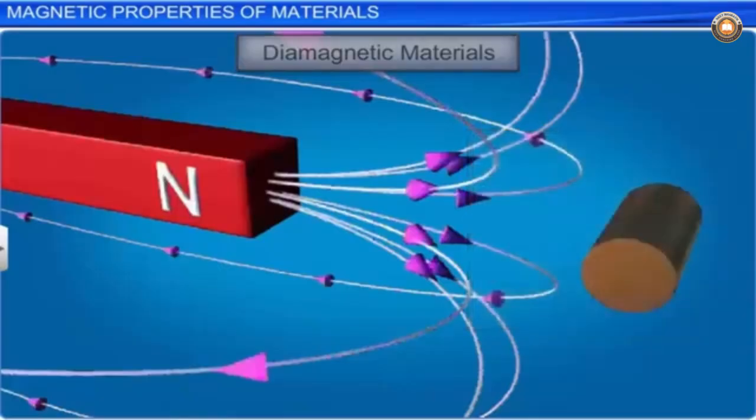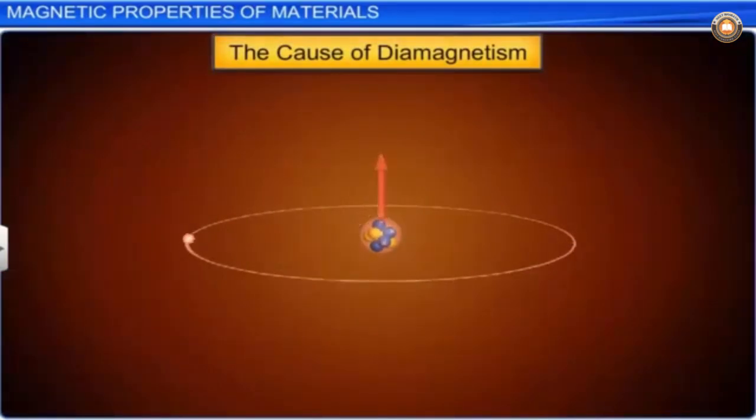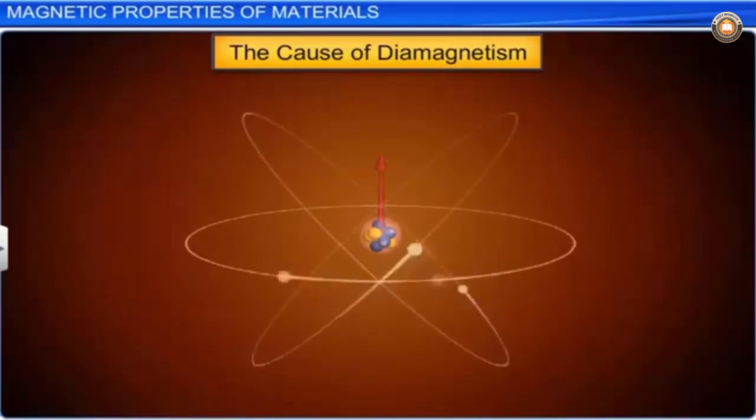Let us discuss the causes of diamagnetism. We know that the orbiting electrons around the nucleus in an atom are equivalent to current-carrying loops. These electrons possess an orbital magnetic moment. For a diamagnetic material, the resultant magnetic moment of all the electrons in an atom is zero. When the diamagnetic material is placed in an external magnetic field,